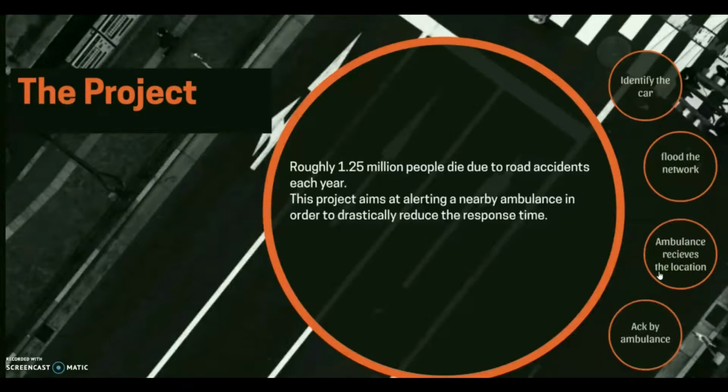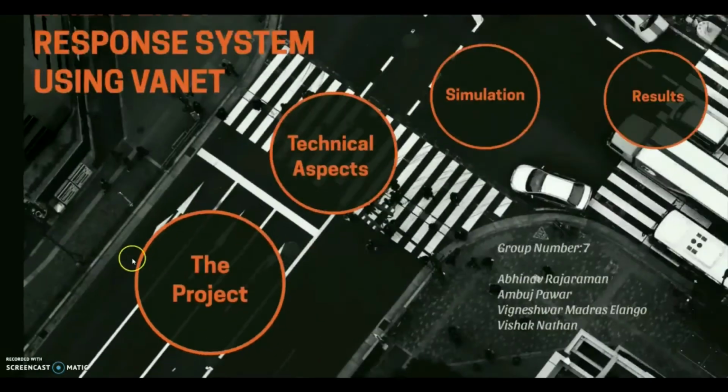Also, the same information about the location of an accident is given to the roadside unit, abbreviated as RSU, which we assume is connected to the server and in turn to the hospital. Thus, we can make sure that the ambulance is informed about the accident along with its location in minimal possible time. Now that we have seen a short intro to this topic, we will further delve into the technical aspects